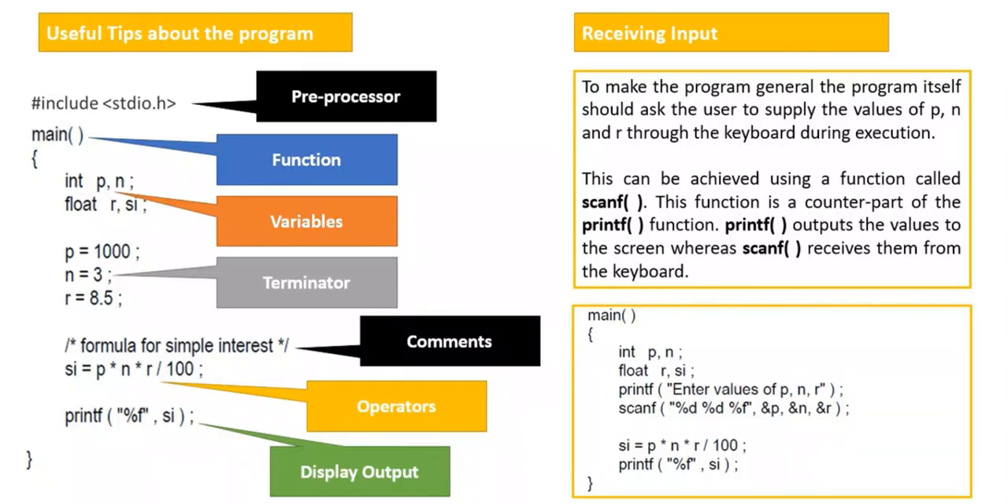So now if you run this code, on executing it you will have to enter the values of P, N and R from the keyboard and it will calculate the SI. Okay, so now this is user friendly and you can calculate the simple interest for any set of values. So that's all for this session. In the next session, we will be